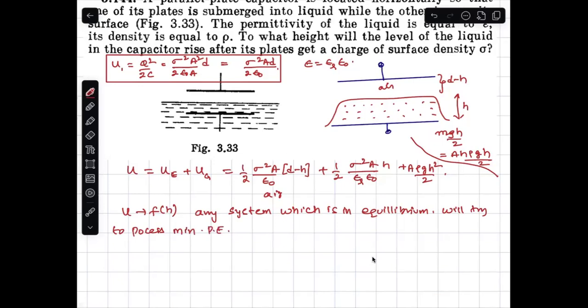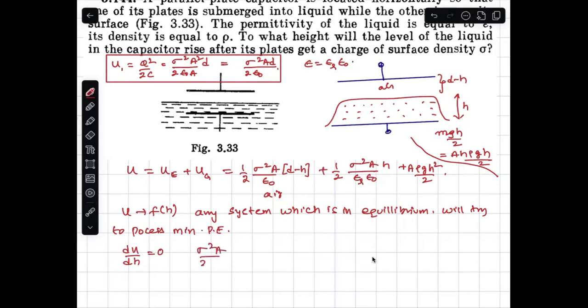Yes or no? That we know fundamentally. So therefore, du by dh equal to 0 gives the h where U is minimum, which means sigma